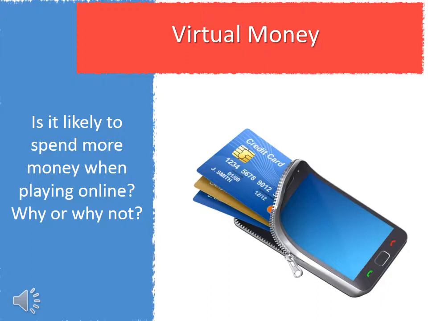Virtual currency separates the actions of spending. This is similar to casino chips in the casino. When you purchase poker chips in the casino, players may forget that they represent real-world money because they're an abstraction. Another example I like to use is tapping your debit card. When you tap your debit card, it becomes easier to spend because you're not thinking about the actual action that you're participating in.